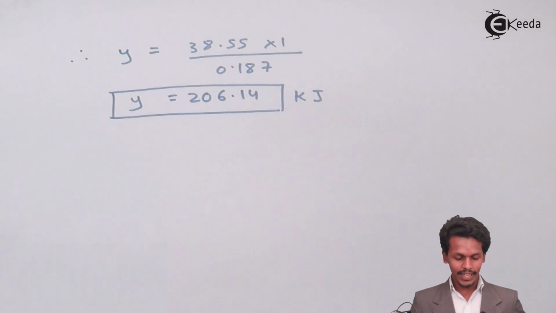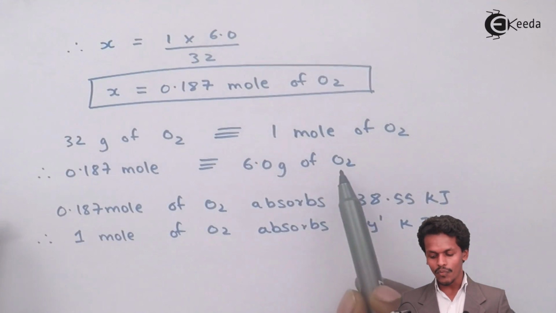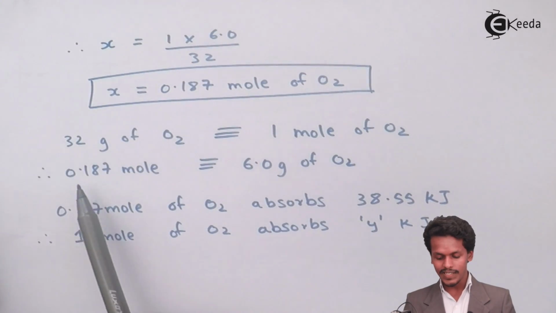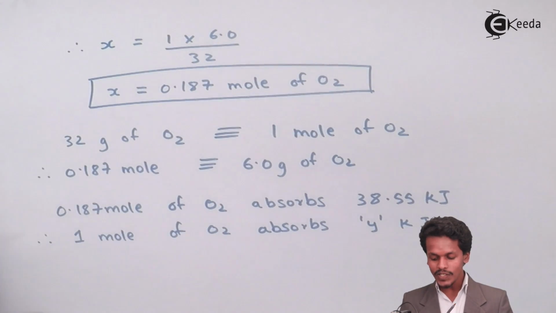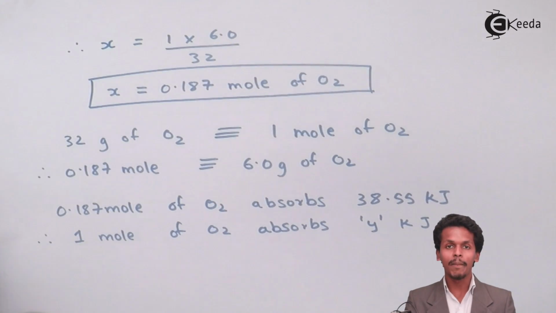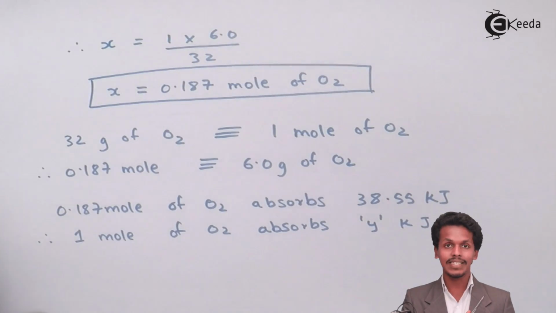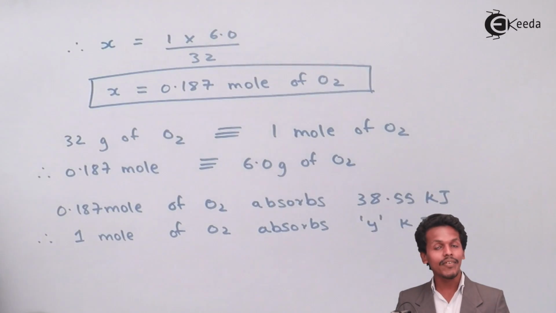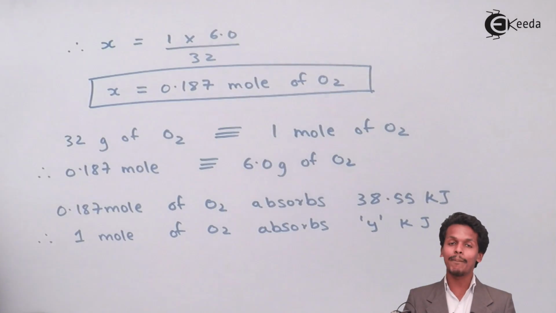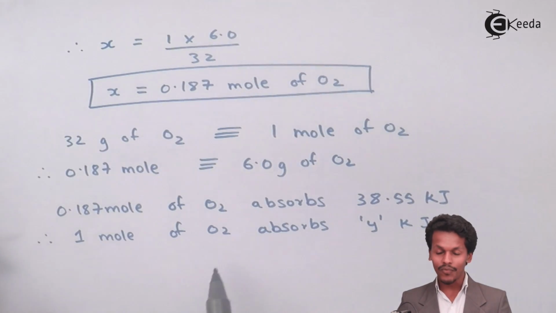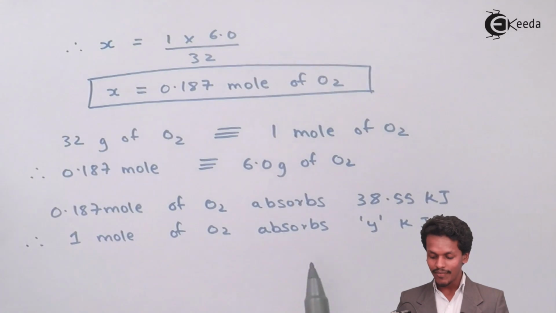We had 6 gram of oxygen, equivalent to 0.187 moles, absorbing the heat of 38.55. So 0.187 mole is absorbing 38.55 kilojoule of energy. So what will happen for 1 mole of oxygen? The 1 mole of oxygen will absorb